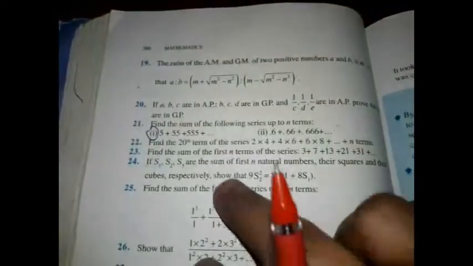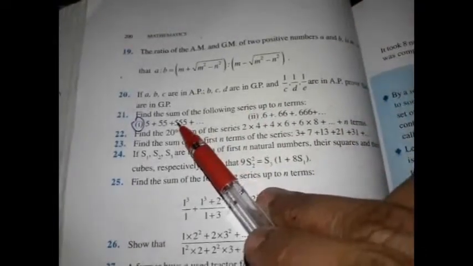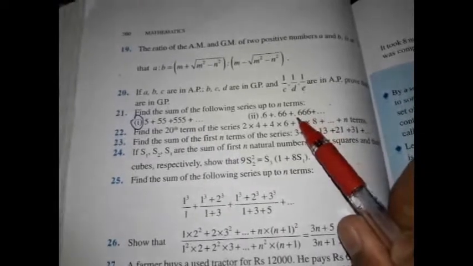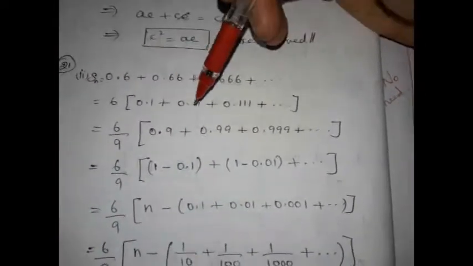21st question. Find the sum of the following series up to n terms. This I taught you already while doing a problem. I told you the same sort of problem can be asked with different numbers. So I am leaving the first subdivision to you. The second subdivision is also in the same way with a slight difference. What they have given you is in decimal. So if you take the number as common, you will get 0.1, 0.11, etc. but the procedure is the same.